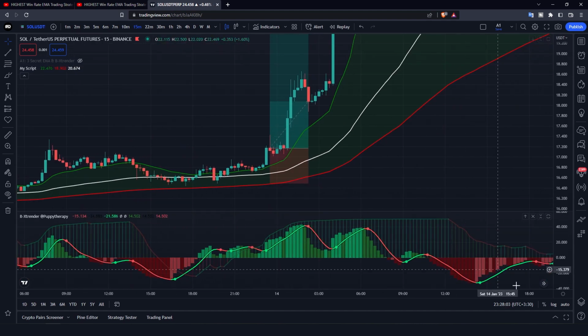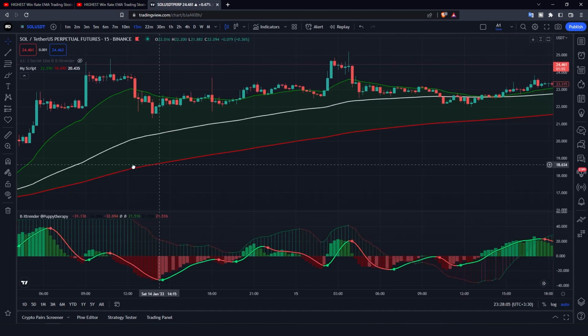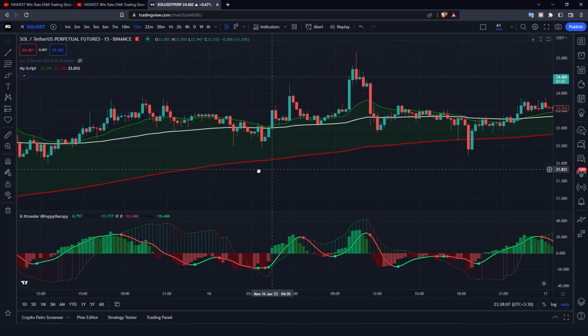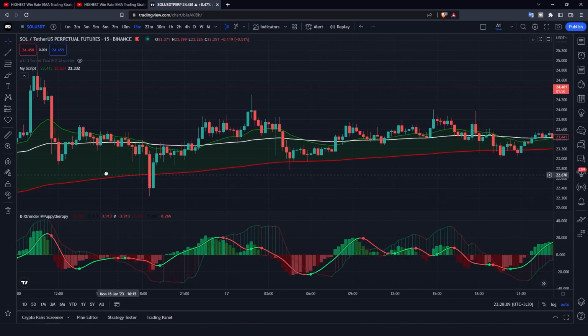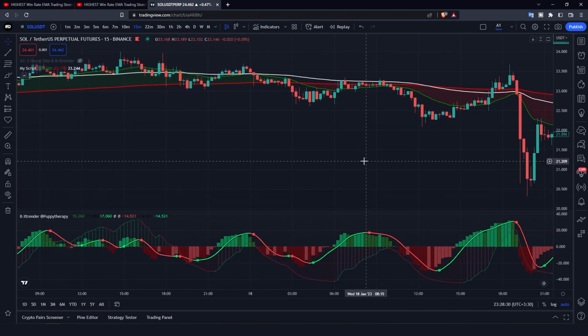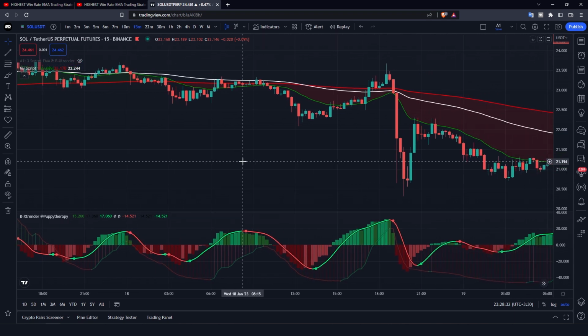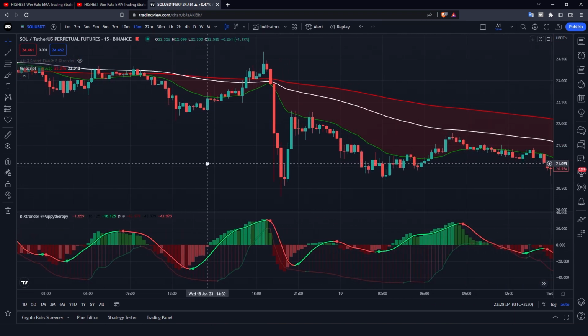Okay, now I'm going to show you an example of a short position on this chart. Let me show you. The red zone on the chart shows us the good position for taking the short position. The red circle, as you can see here, is a signal for us to take short position, but we